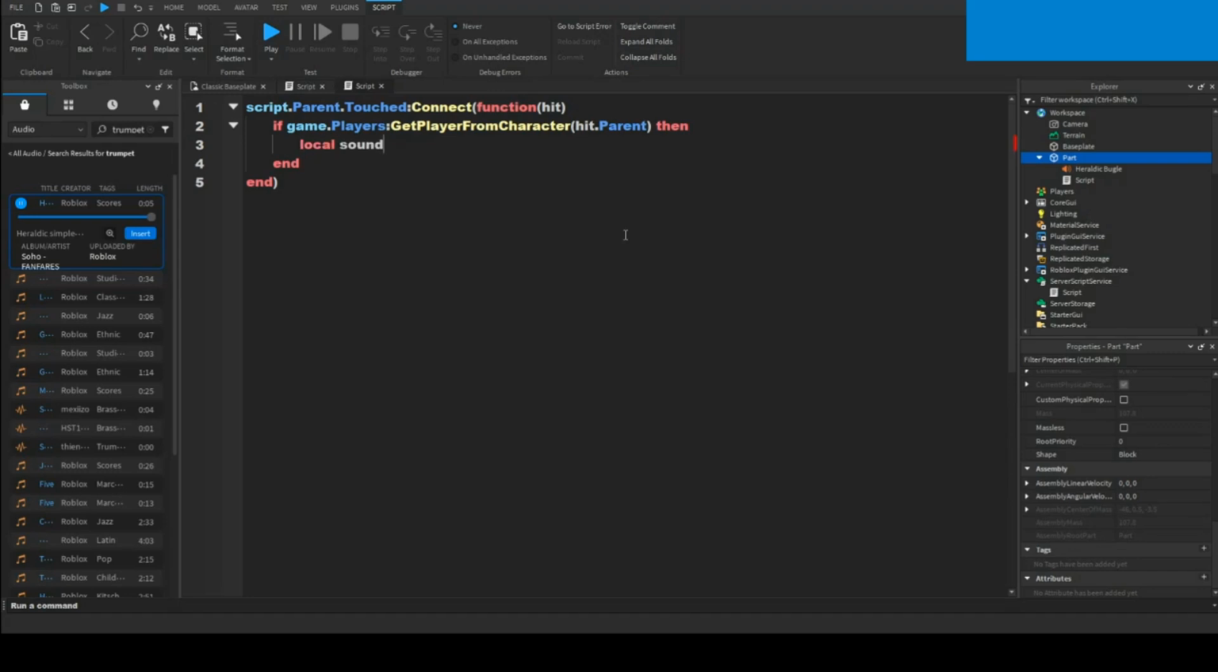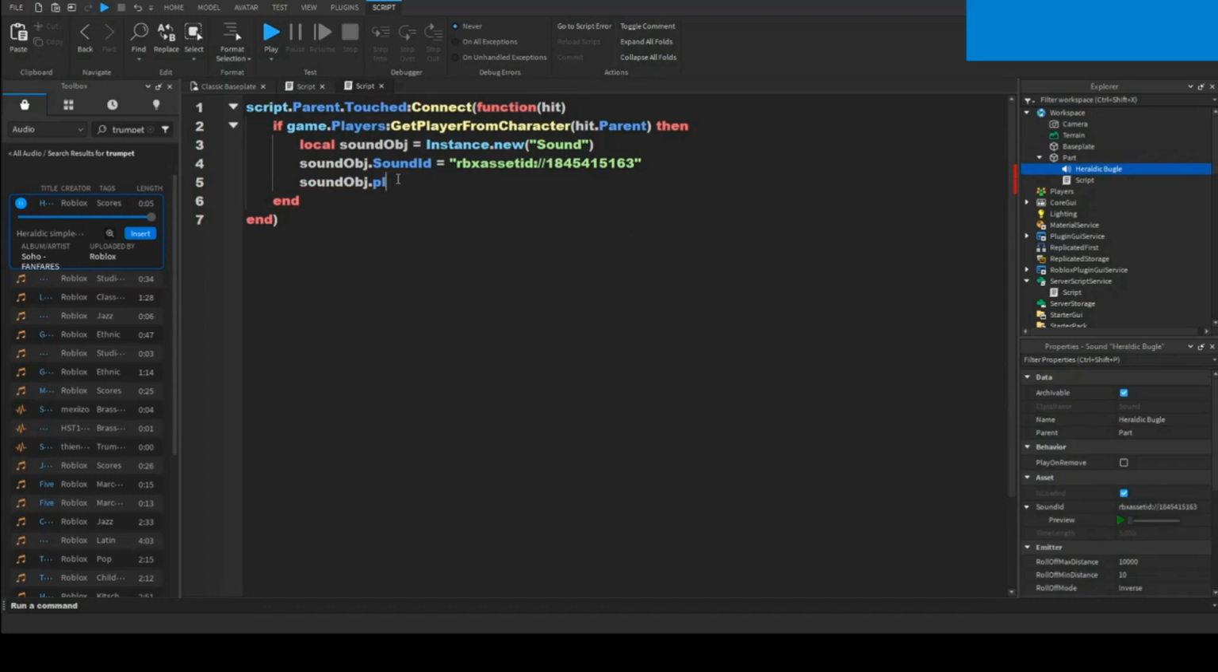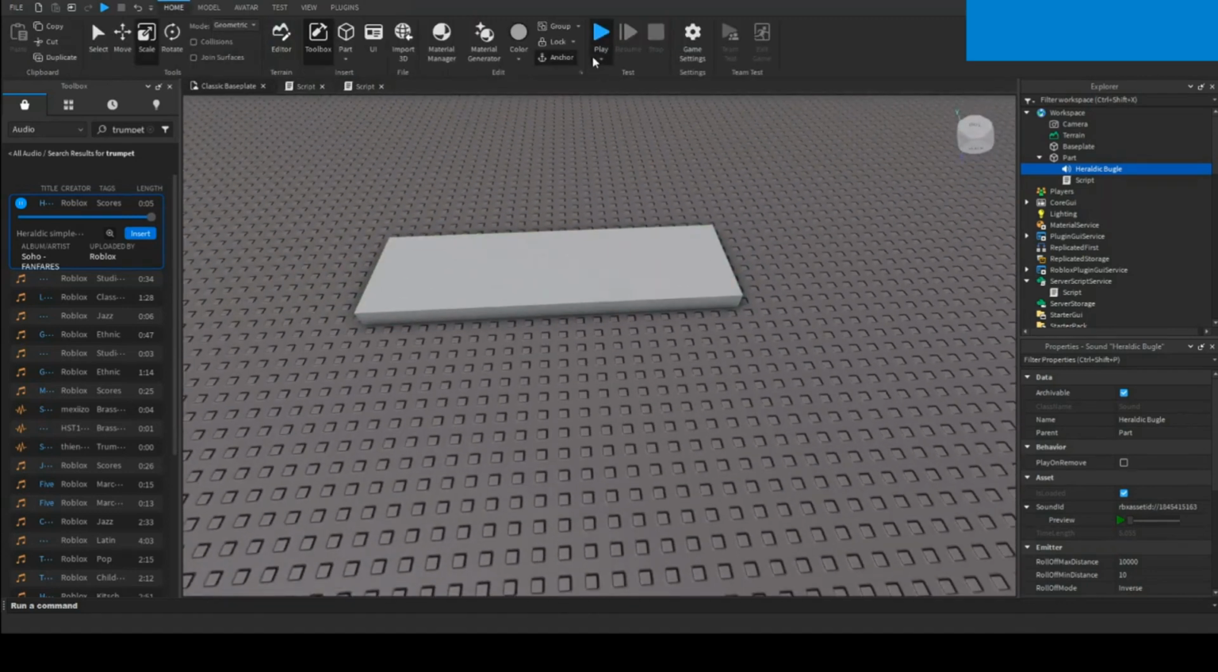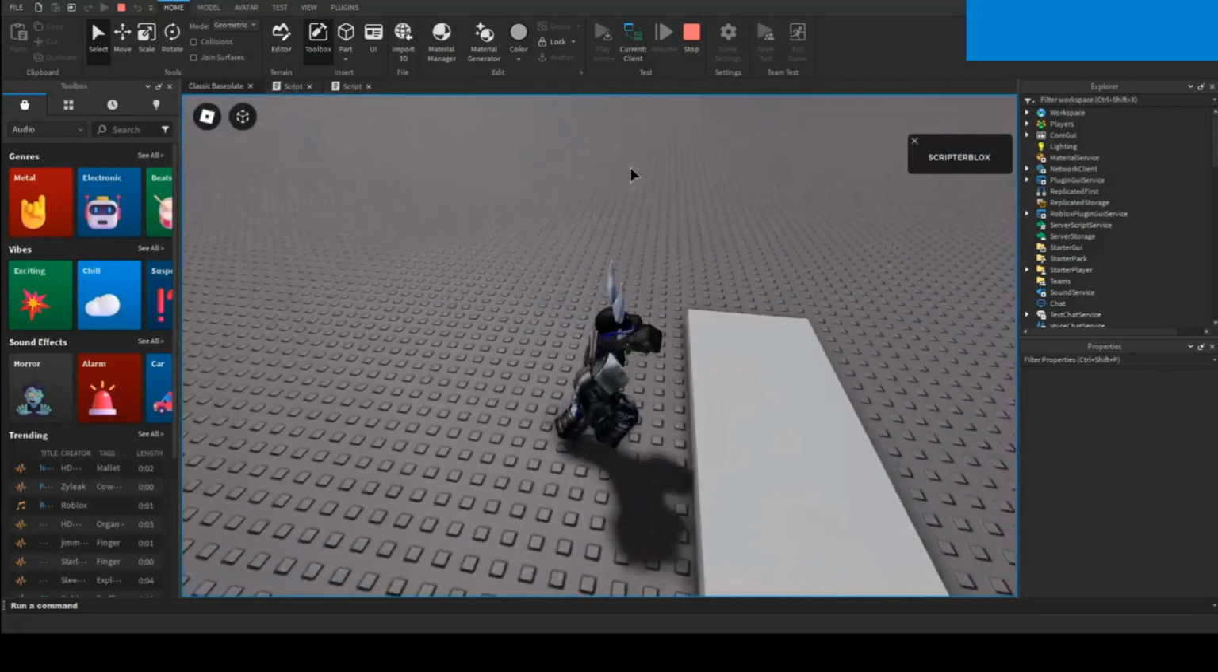local soundObj equals Instance.new Sound, soundObj.SoundId equals, in quotation marks, the sound ID we just copied, soundObj.PlayOnRemove equals true, and then we just do soundObj.Parent equals script.Parent and soundObj:Destroy. And now if we just quickly test it out, as soon as we touch this,